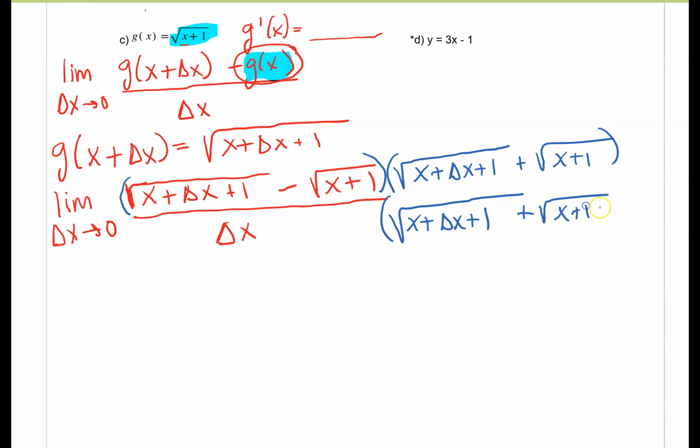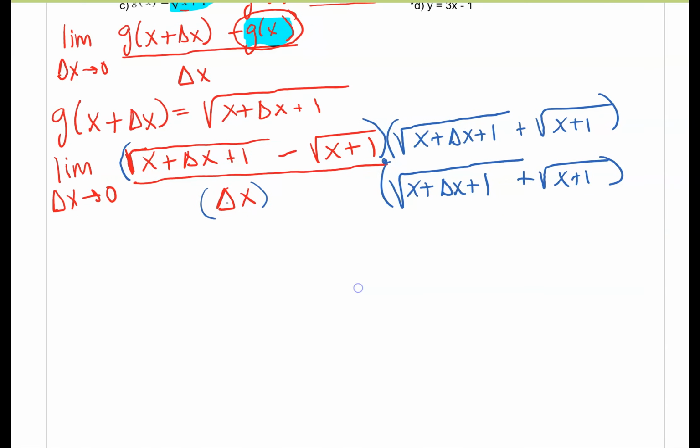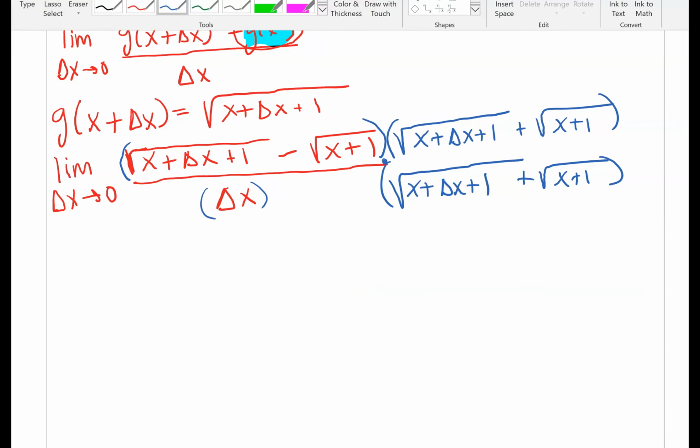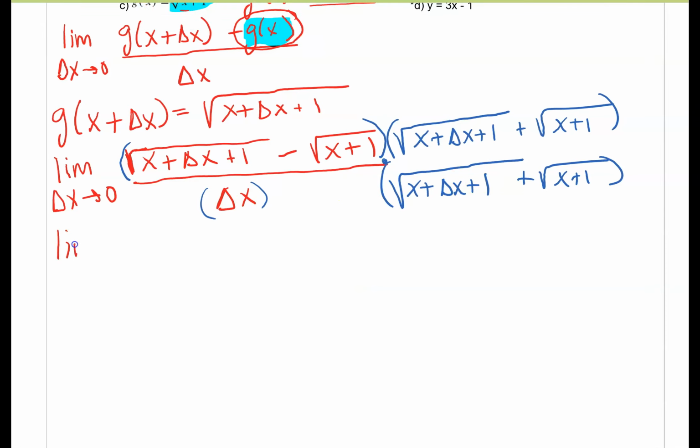So this is why we were learning all of those processes in chapter 1, to be able to evaluate derivatives in chapter 2. So we basically have to FOIL the numerator, but don't FOIL the denominator. That's my advice. Just keep these two factors separate. So in the numerator you would get,